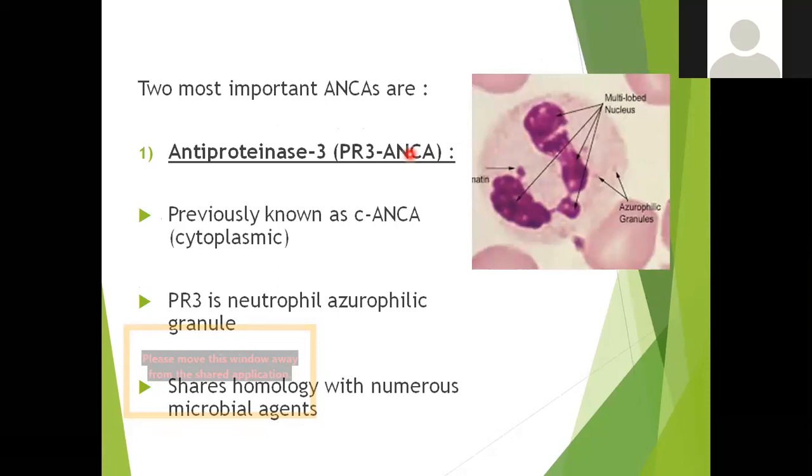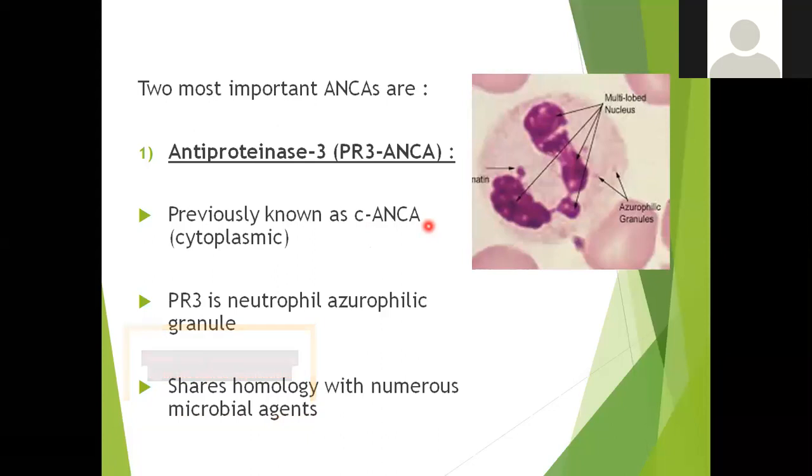One is PR3 ANCA, right? And PR3 ANCA is also called C ANCA. PR3 is found in the neutrophil azurophilic granule. And so, the prototype vasculitis in which C ANCA or PR3 ANCA is present is granulomatosis with polyangiitis,